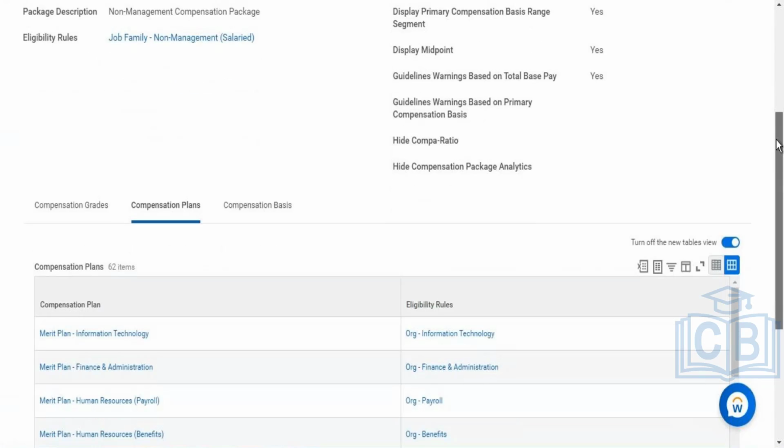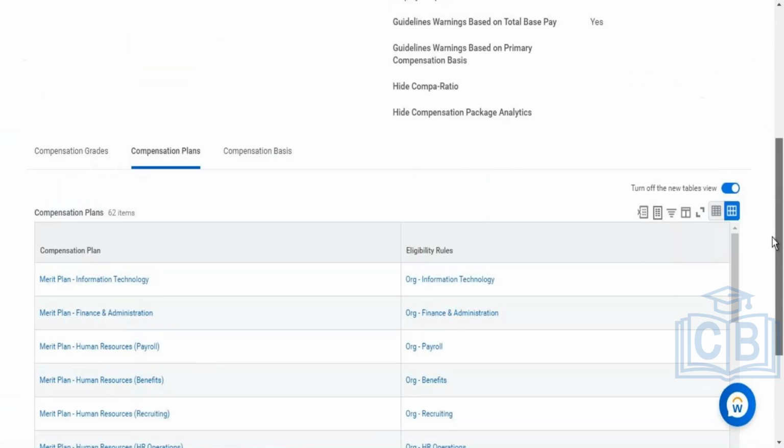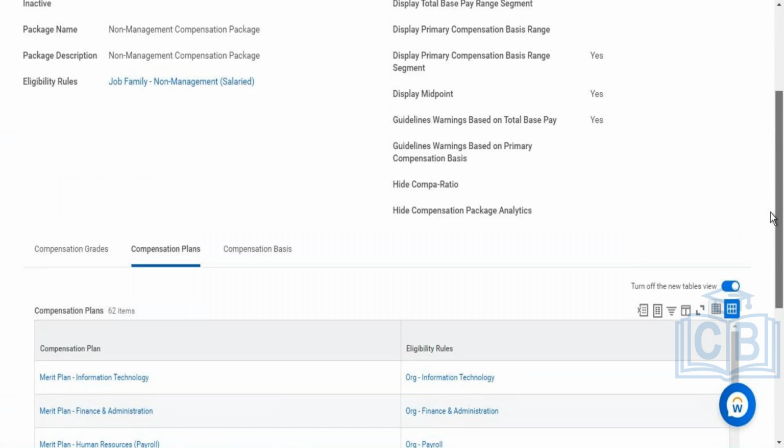So compensation plans are this one. So merit plan, information technology, and so they have defined an eligibility rule so that the merit plan for information technology should be applicable for the organization called information technology. And for finance administration, there is an organization called finance administration. So all these plans are configured to become eligible for all these organizations through the eligibility rules that we have defined. That's how your compensation structure is built in Workday, where you'll be assigning compensation components based on